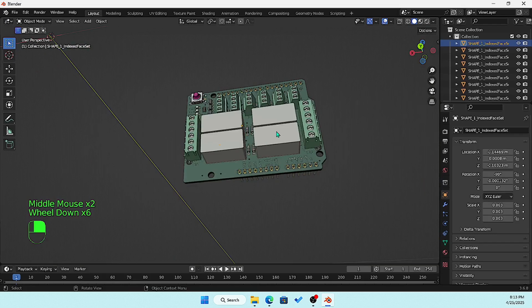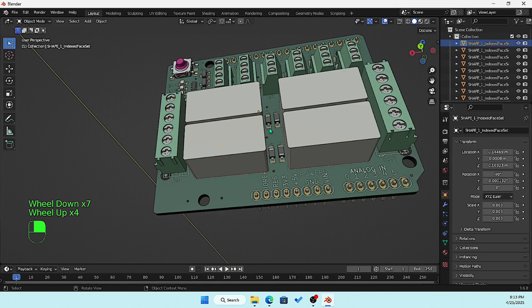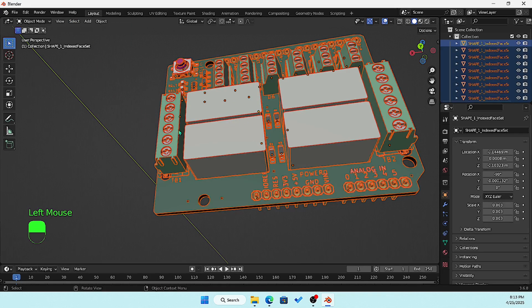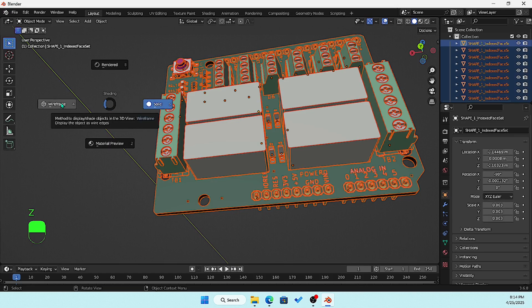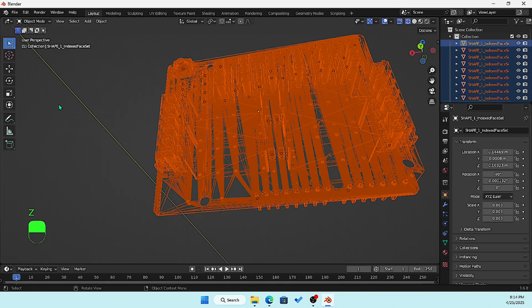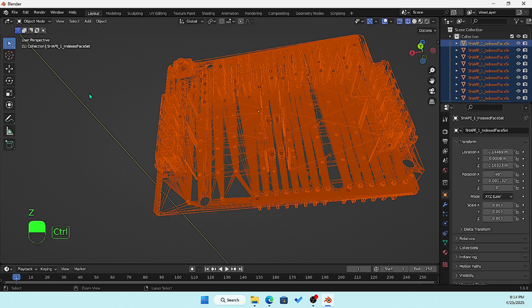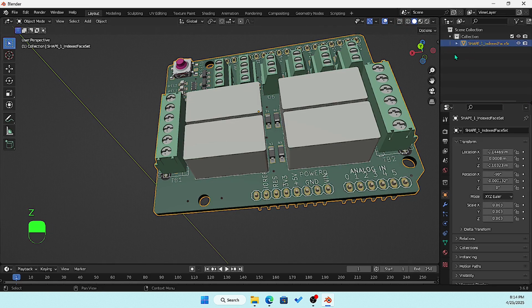Okay, so now I'm in this area, and now I'm gonna go to select all, and press Z, you can get wire or solid. So let's do, all right, Control J. All right, so now it's combined to one object. You see it here on the